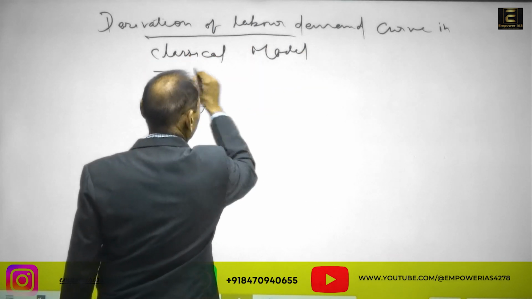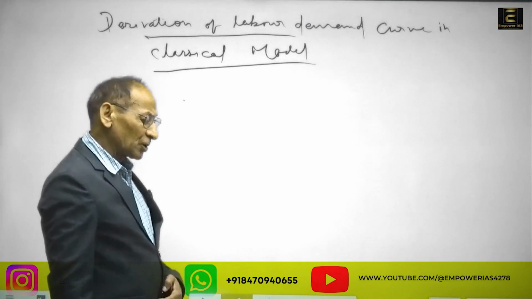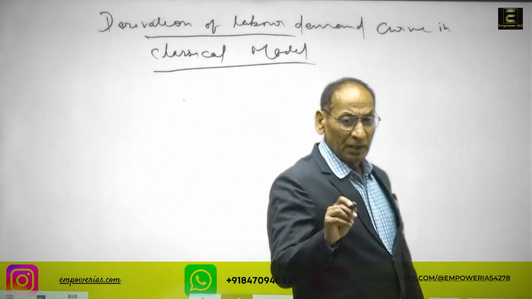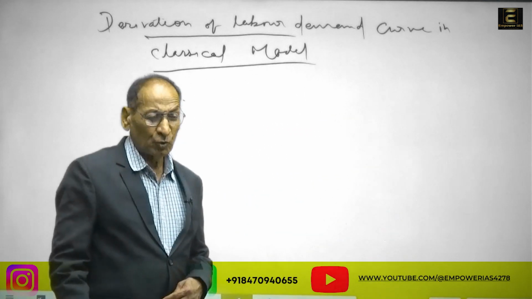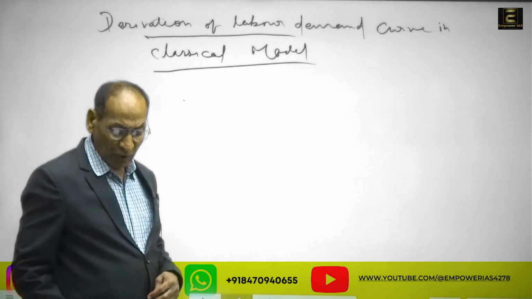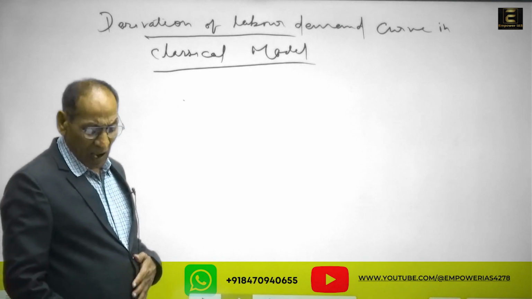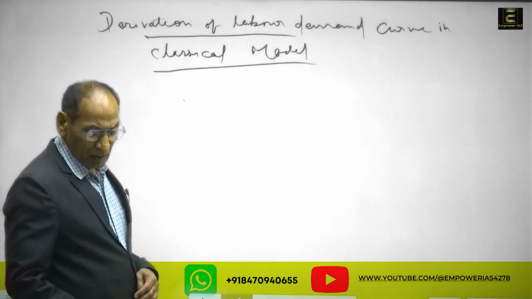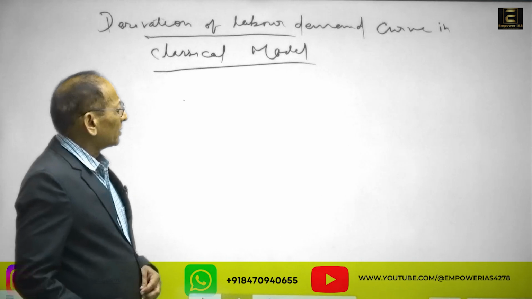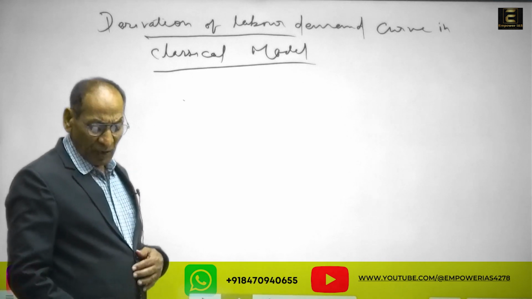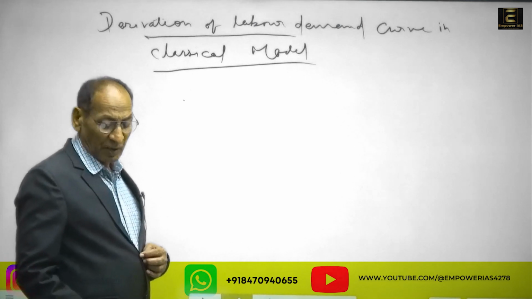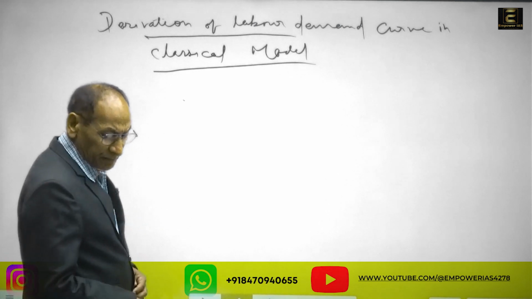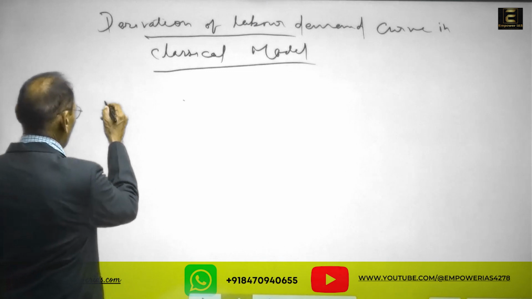Classical model. As I said, in the classical model, the labor demand curve is derived through MPN, the marginal product of labor curve, and the firms are the purchasers of labor. They demand labor, and in perfect competition,